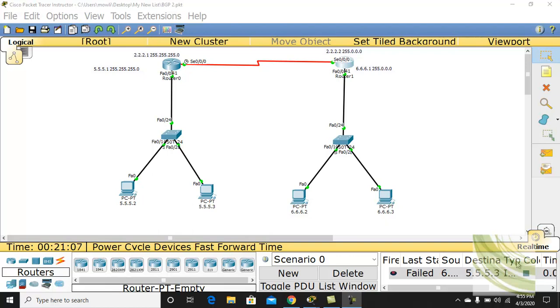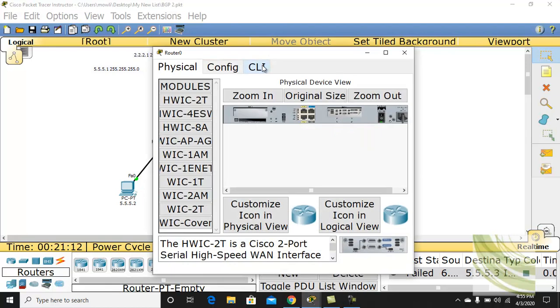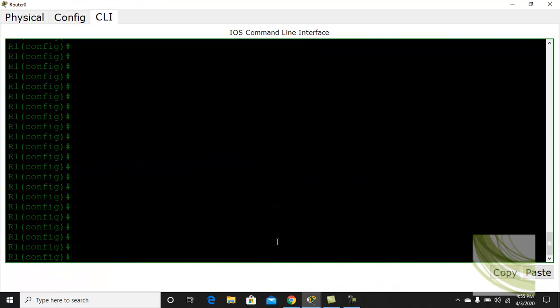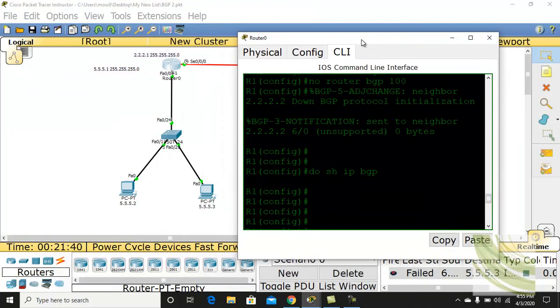Let's do the configuration for BGP today. Router BGP 100, that is an autonomous system. Network, we go to this network, to